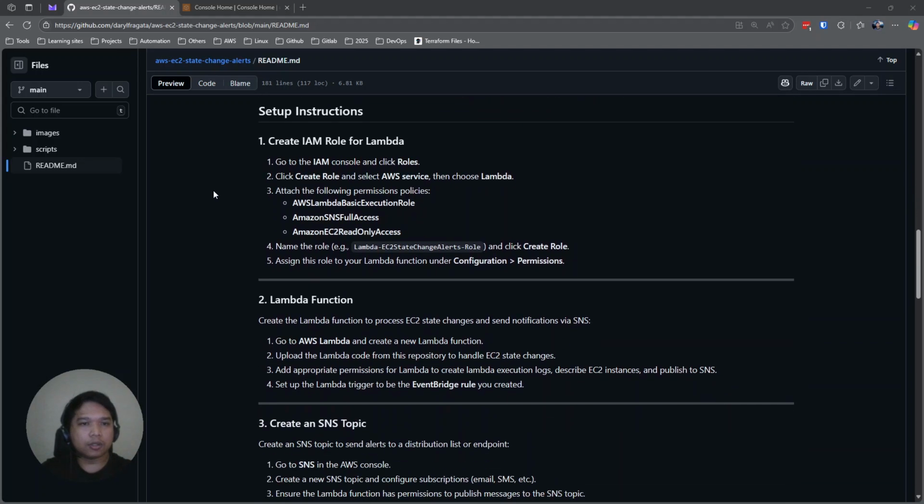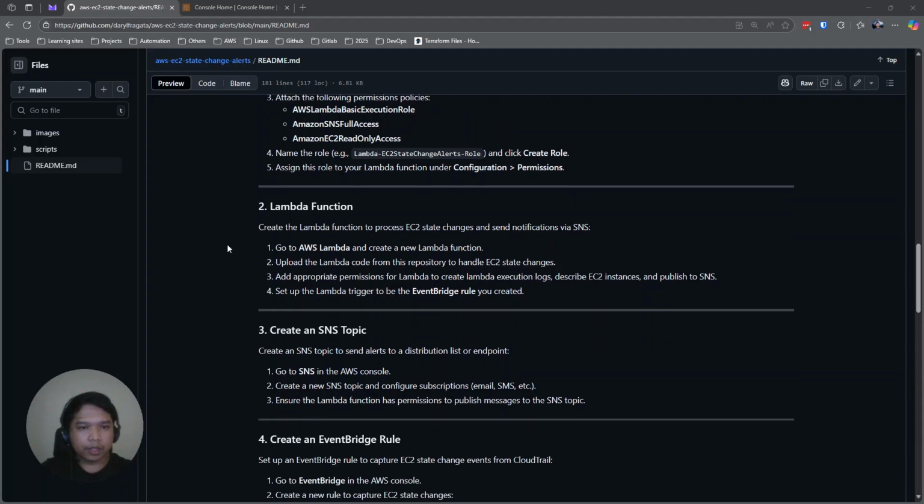Setup instructions. I think this one is for the hands-on. What we're going to do is create an IAM role for the Lambda. What we'll be using for this example is a pre-created policy or permission for the IAM role, but you can tailor this or create a least privilege policy if you're going to set this up in your environment.